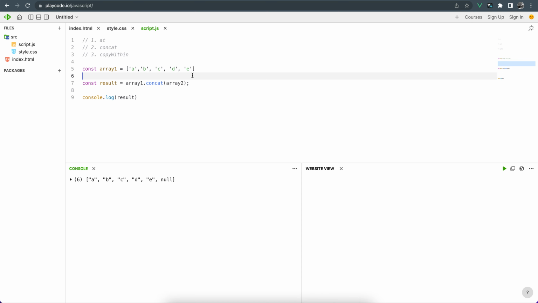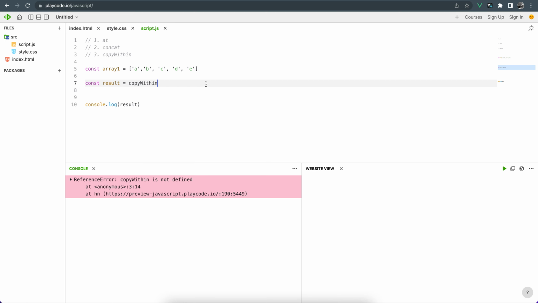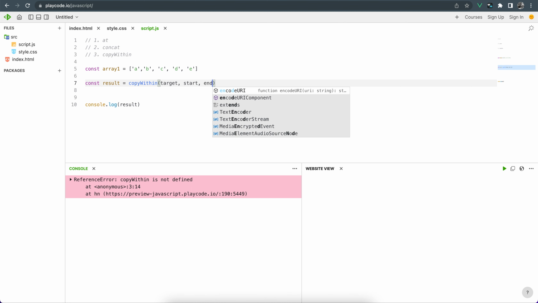So let's check out this example that we are having. So for example, how this method is done: the arguments that this method requires are, one, you'll give it a target. Which item are you targeting, and then start from which index, then end at which index. So having this in mind,